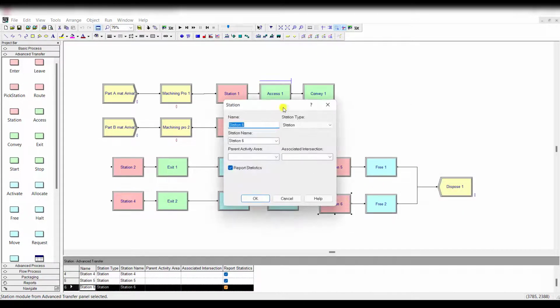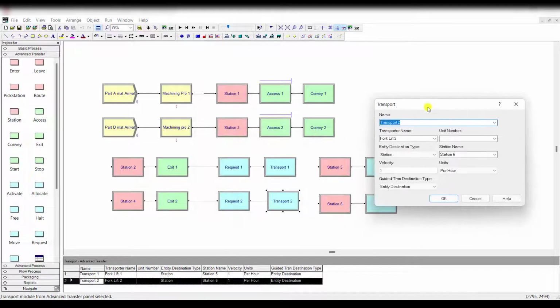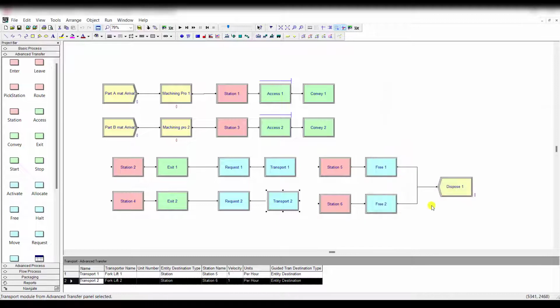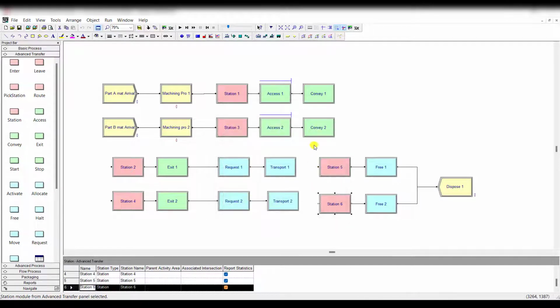Same is the case here: the transporter is transporter 2, the transporter name is forklift 2, the entity station type is station, and the destination station type is station 6 in this case, and the velocity is 1 unit per hour. That's it. So here's our station 5 and station 6. You need to first define stations 5 and 6, then you can call those stations in this